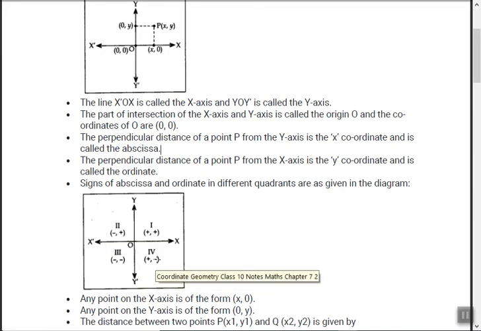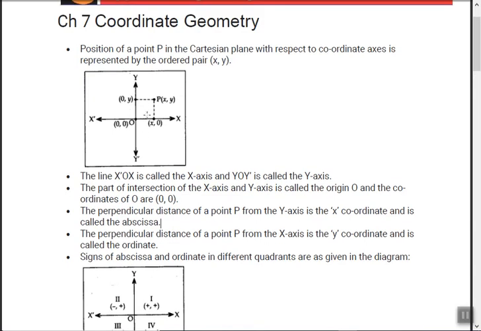Here y is negative, there x is negative. How to remember this? See, here maths is not remembering, maths is understanding. So once you understand it, you will not need to remember it. Quite simple. See this x from 0 to right, everything is positive. 0 to above, everything is positive. So if you look at something over here, it will be positive, positive.